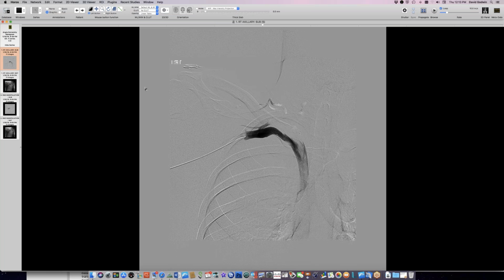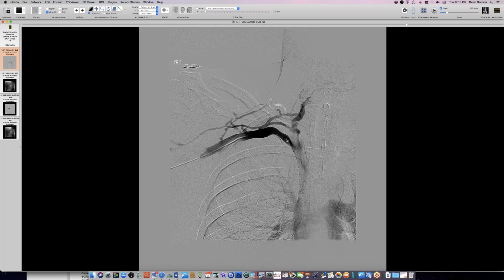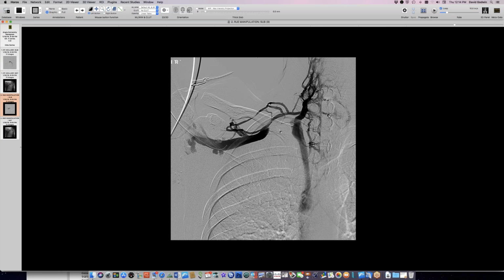Okay, and then I wanted to show this case of what is called Paget-Schroetter syndrome, also known as effort-induced thrombosis of a subclavian vein. This is an early view where this person has a little bit of narrowing where the subclavian vein crosses the first rib. And then with manipulation, they had this guy use his right arm and repeated the study, and you can see the degree of obstruction, from swelling or from moving the arm or something like that, has become much more severe, and there's no flow really across this subclavian